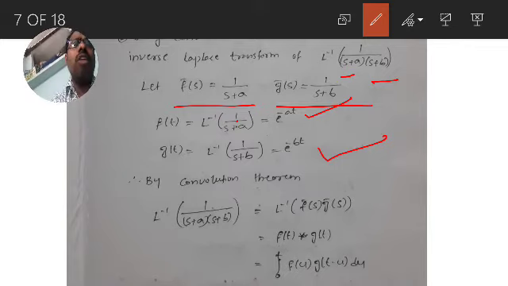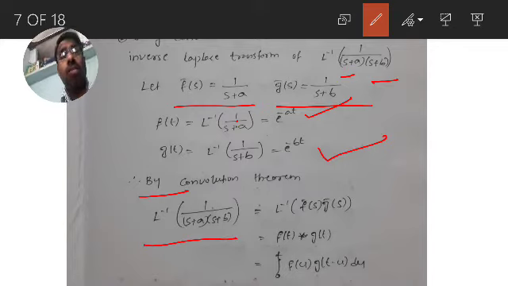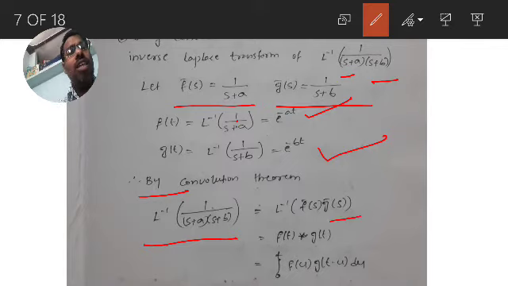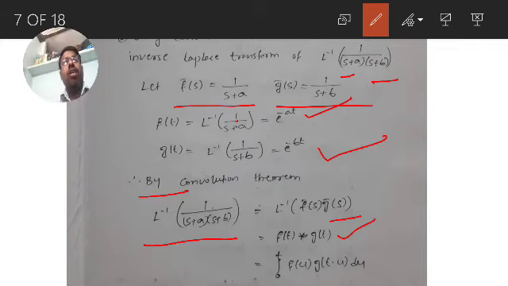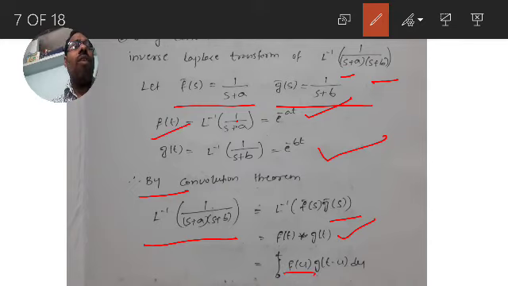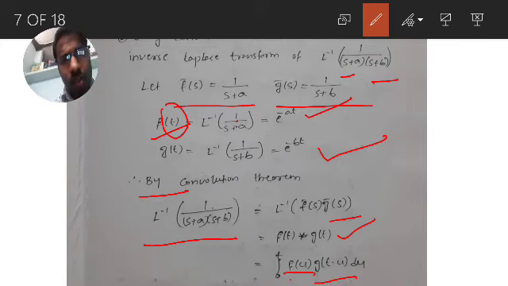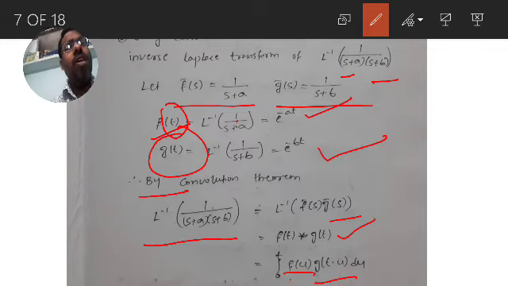Now by applying the convolution theorem, the inverse Laplace transform of the product of functions, L inverse of f bar of s into g bar of s, is the convolution of f of t star g of t, that is defined as convolution. In the very first slide we defined it. What is a convolution? Integration 0 to t f of u into g of t minus u. To write f of u, we have f of t, at place of t write u, that gives the answer. To write g of t minus u, we have g of t, at place of t write t minus u, that gives the answer.